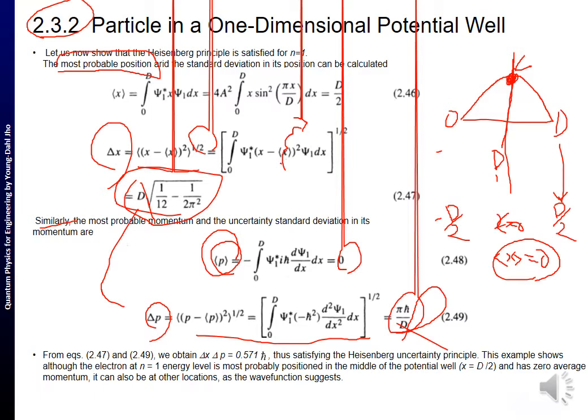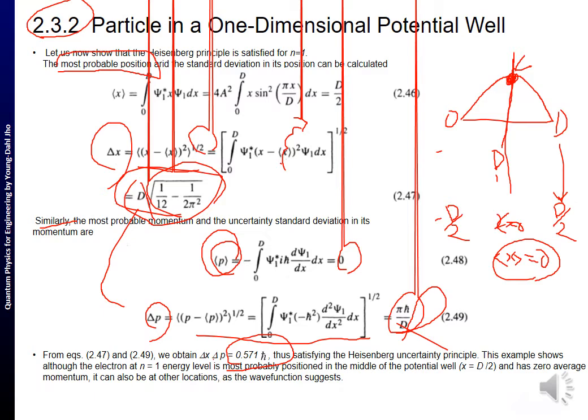They subtract with each other. Then we have certain constant values. So from equation 2.47 to 2.49, we obtained delta x and delta p, we multiply them, then we'll get this number, thus satisfying the Heisenberg uncertainty